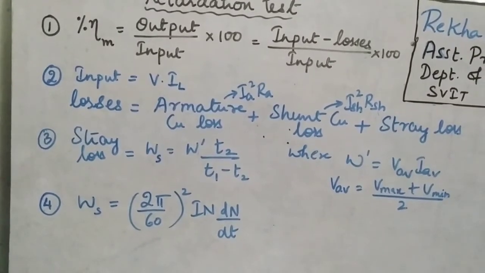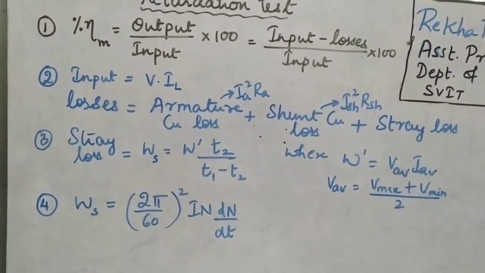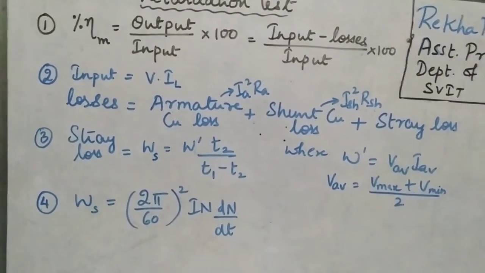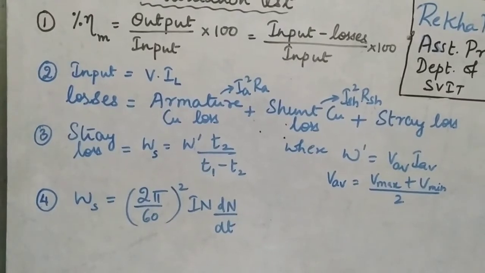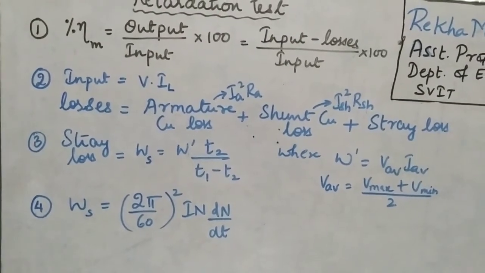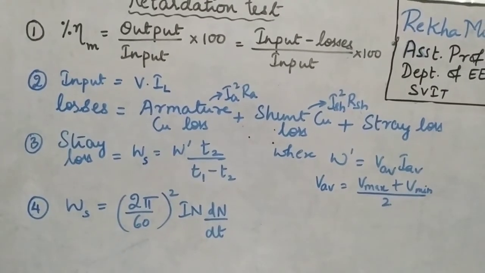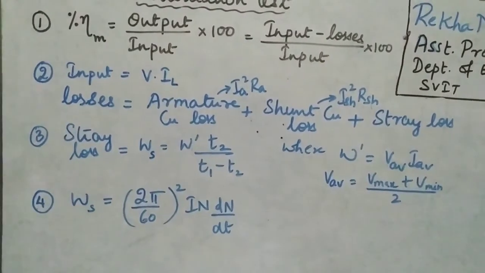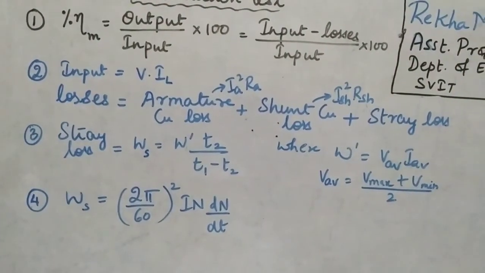What was the change in the speed from when the switch was towards the supply side to when it was towards the armature circuit side. And dt will be the change in the time, the time taken for the voltage to fall from one value to another value. So from that you can determine the moment of inertia.